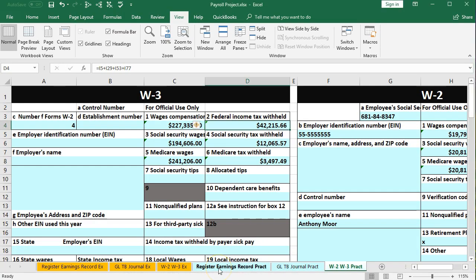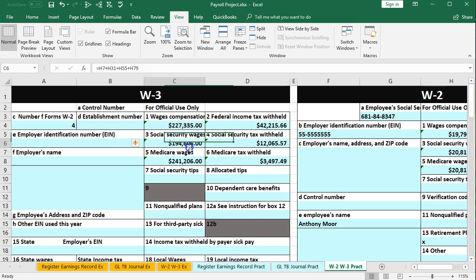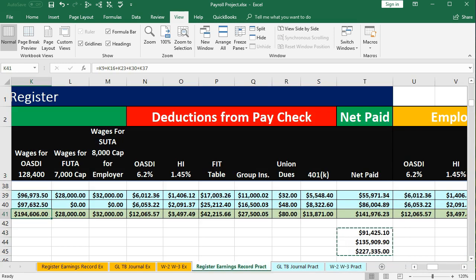On our register, I'm going back to our register for OASDI wages. It's 194,606, and it should also be on the W-2. If we go back to the W-3, summing up all W-2s, 194,606. Let's go back to the register, and we'll verify the Social Security